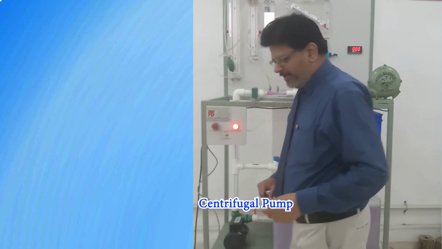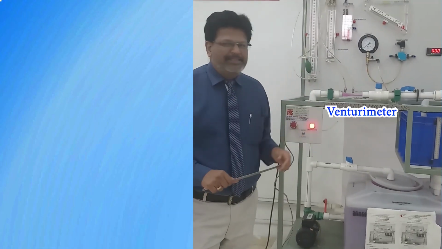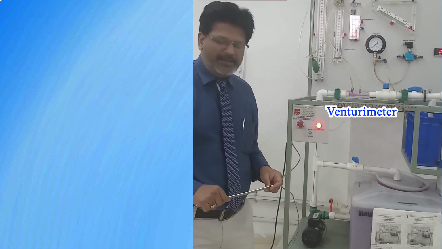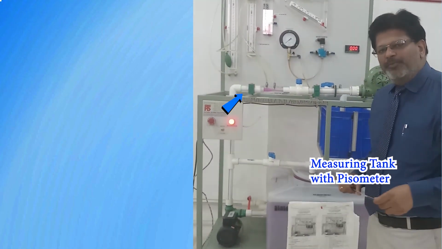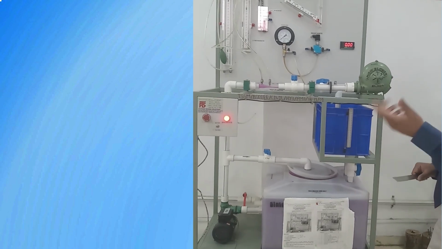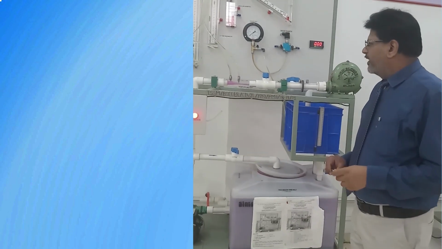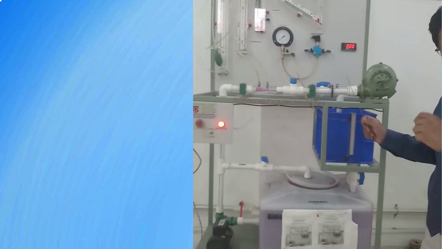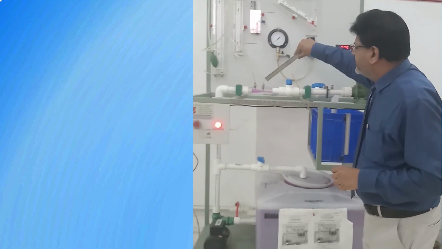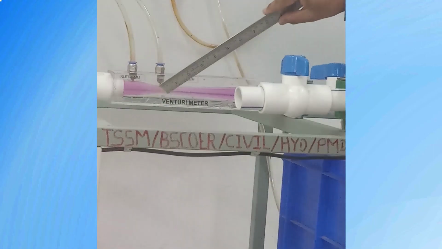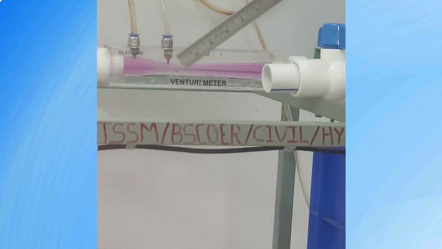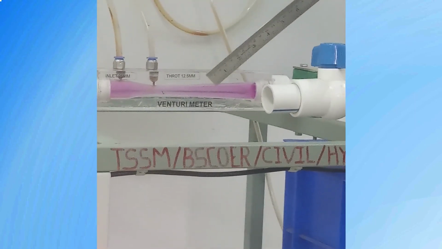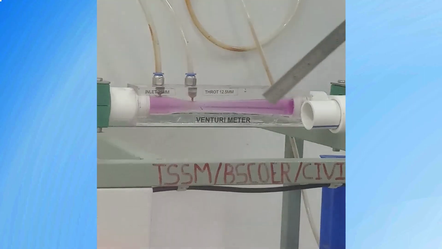Hello friends, welcome again to the fluid mechanics laboratory. We know the venturimeter is a flow measuring device and it is used to measure the flow through a pipe. Now we will see various component parts of this laboratory setup. This is the inlet of the venturimeter, then the convergent cone is there wherein the diameter goes on decreasing. This is the throat portion where the diameter is minimum, it is almost half of that of the inlet, and this is the divergent cone wherein the area goes on increasing gradually.